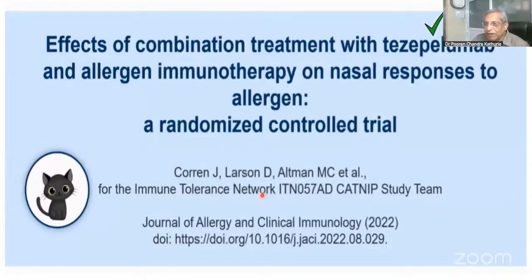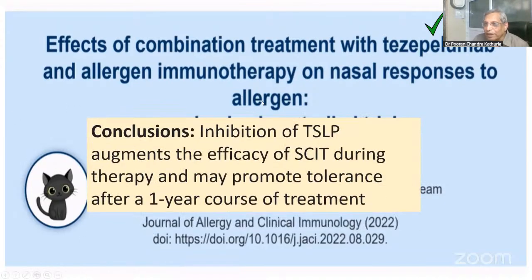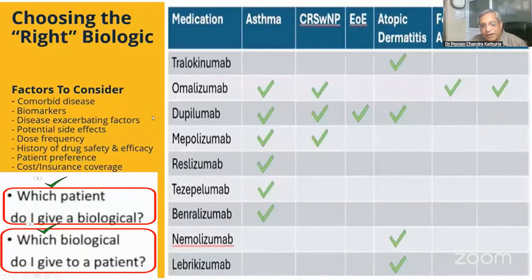One study is available that tezepelumab combined with allergen immunotherapy has a rapid reduction in the symptoms, because some of the allergens are likely to produce adverse events during the course of allergen immunotherapy. And if you add this, then the adverse events become very few. So friends, these are the